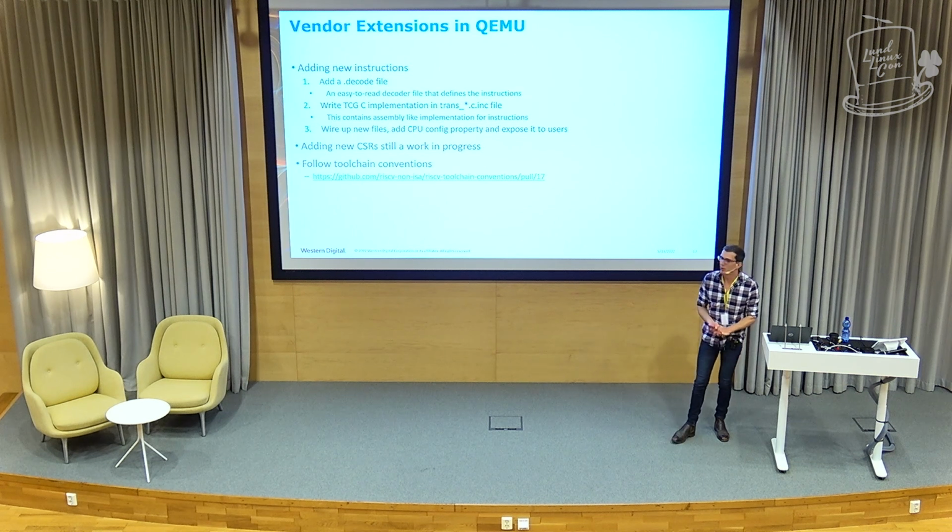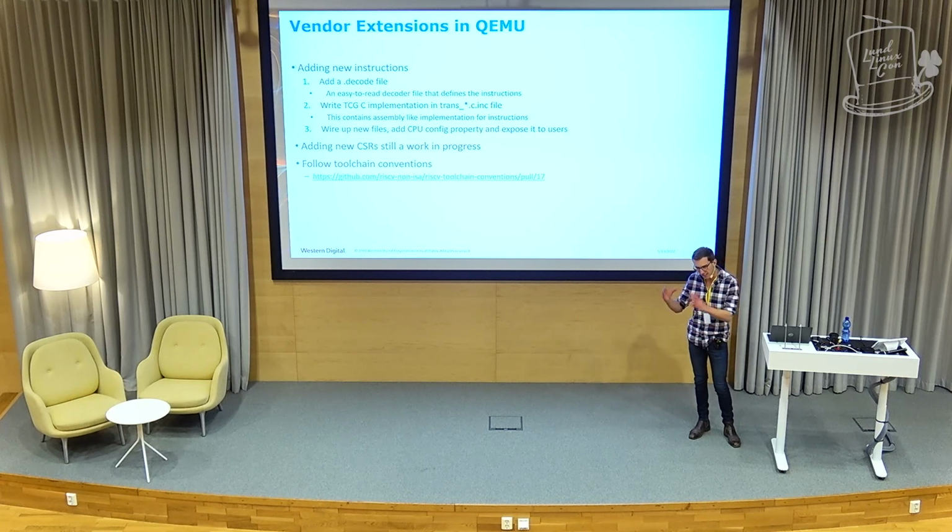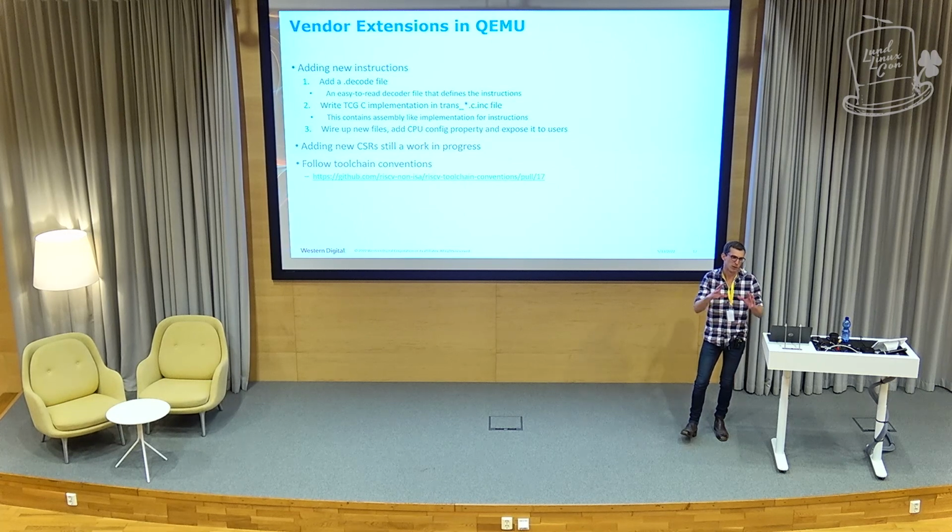Most open source projects are now taking vendor extensions. QEMU is, and we have one. GCC and LLVM are, and I think the Linux kernel is heading there as well. If people are interested in RISC-V, this is something we're just going to have to handle. In the QEMU world, we're trying to isolate it. The idea is we have one file per vendor. If they ruin their file, that's their problem. But we keep it isolated and we don't have to come back and modify everything.